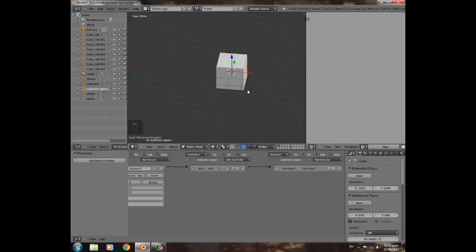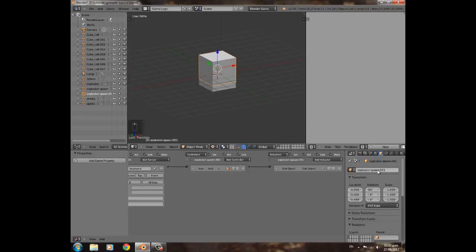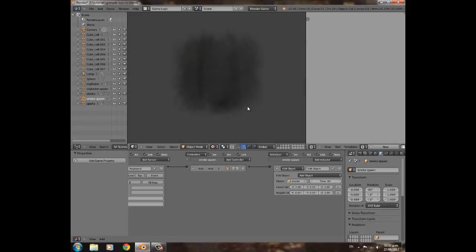So we're going to select this cube, push Shift D and then G Z, and this is going to be the smoke spawn. So we can go into object settings here and type in smoke spawn, press enter. Then we're going to change this to smoke, so you can just type in smoke, or just SMO, and it should pop up. And the lifetime we're going to turn up to 60. Now if we press P and E, then we have some smoke spawning, but it's way too big